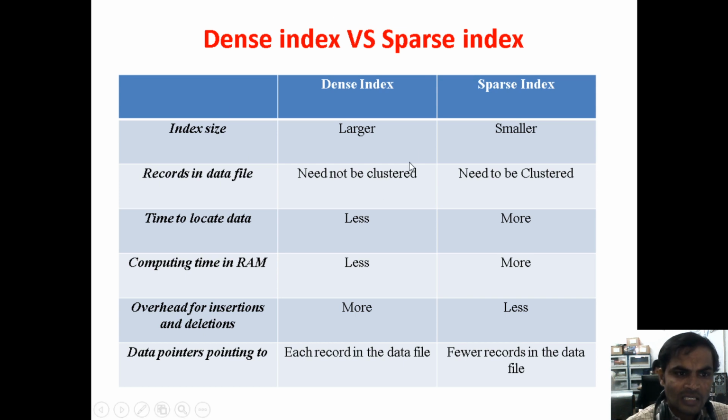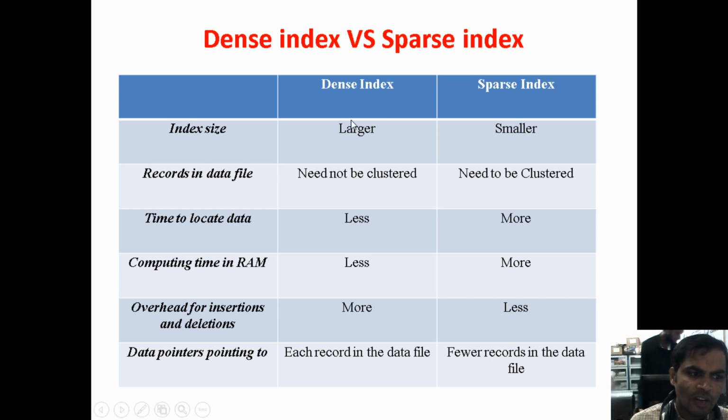A larger index size is required under the dense index. Under the dense index, clustering is not possible; under the sparse index, clustering is possible. Coming to the time to access the data, it is very less for dense and very more for sparse. Just now you saw that under the sparse index, the secondary index was implemented to eliminate the sparse index problem. Under the secondary index also, searching the data takes a large amount of time, meaning it is not searched very fast.